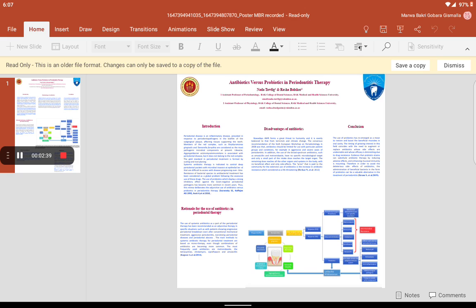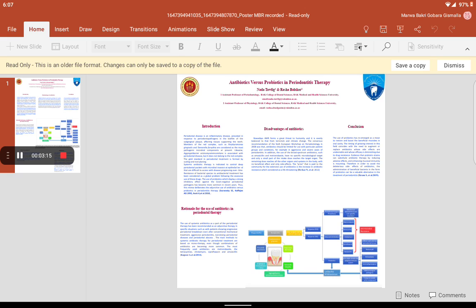Two options are there. The first one is to respond to this and to heal. The other option is to not respond to the mechanical means alone. So you can go for adjunctive antibiotics such as metronidazole, ciprofloxacin, amoxicillin, clindamycin, and Augmentin, also one of the antibiotics that can be used. In order to decrease the antimicrobial resistance, we go for probiotics, Lactobacillus and Bifidobacterium.